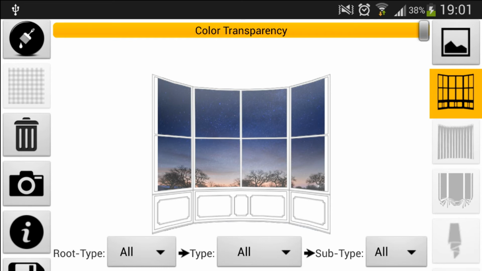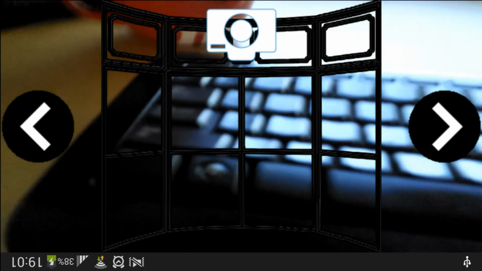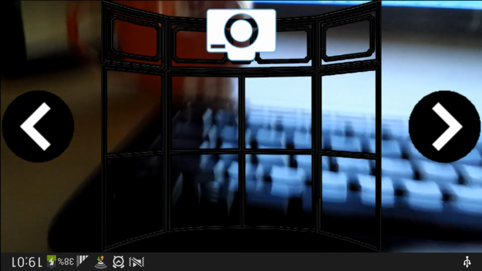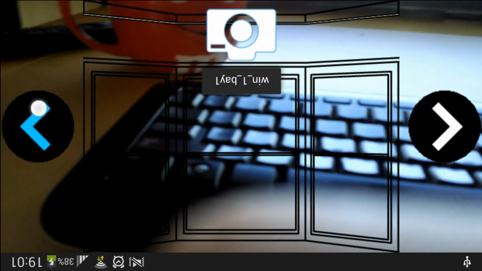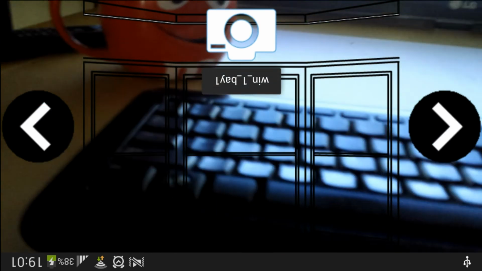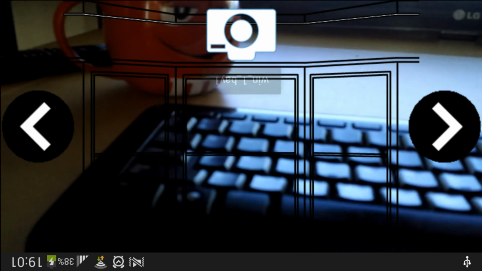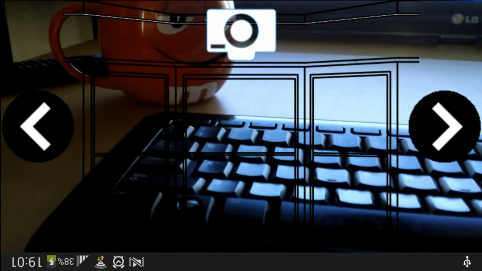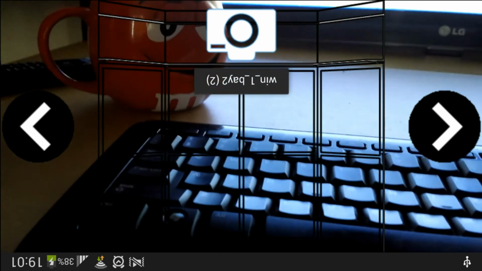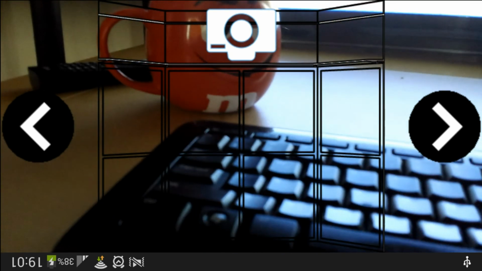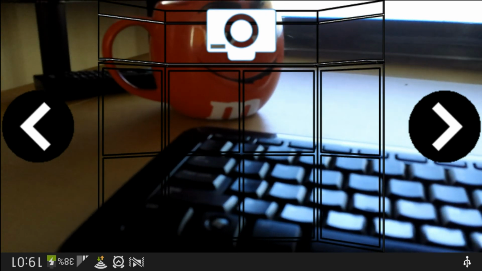So let's press on camera, and currently I have no access to the real window, so I can just change the templates from here. Sorry, currently it's upside down, but you can just move your device accordingly. I will keep it like that for testing purposes, and just press the camera icon when I'm ready, so it will be captured.